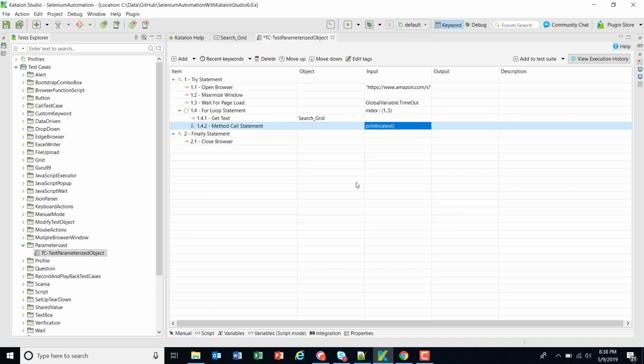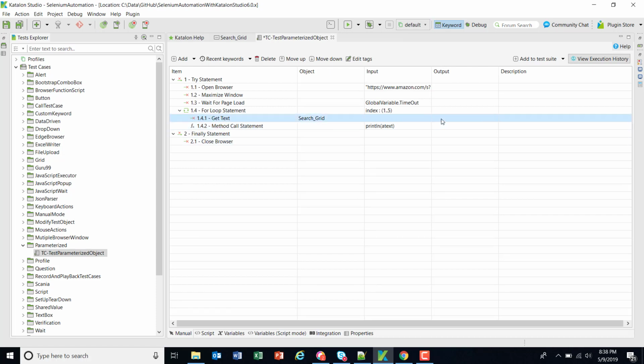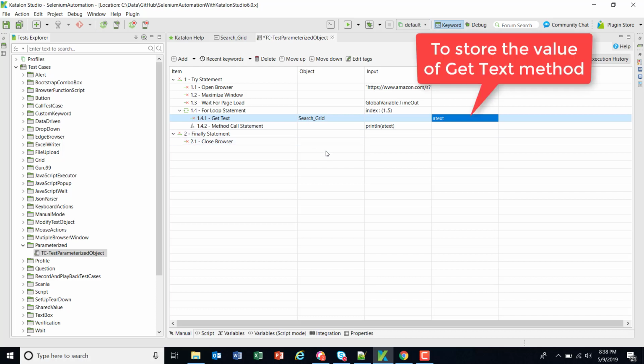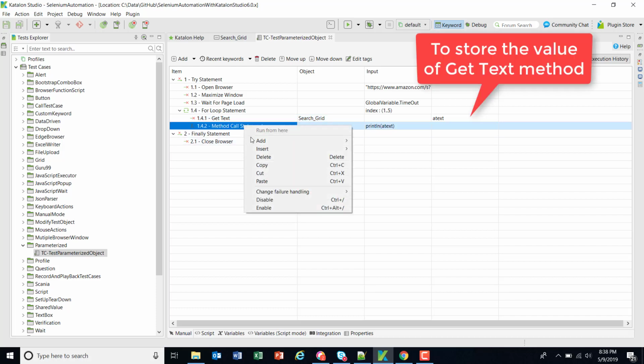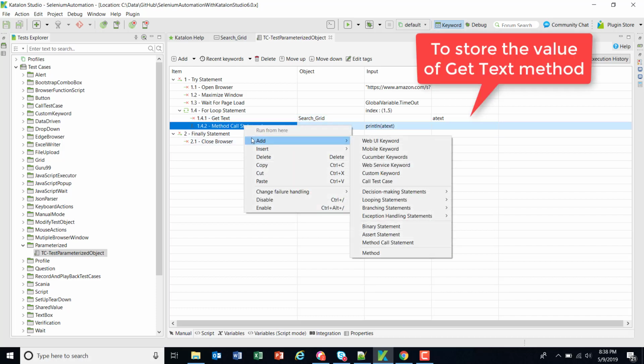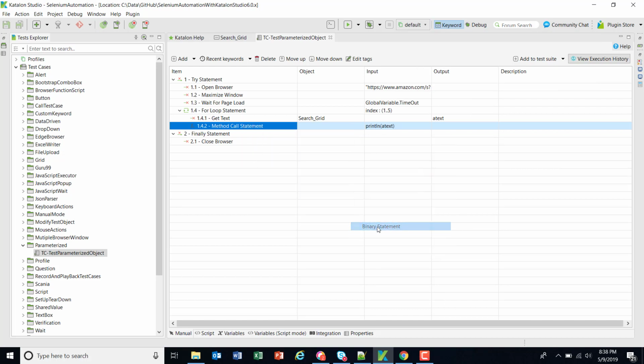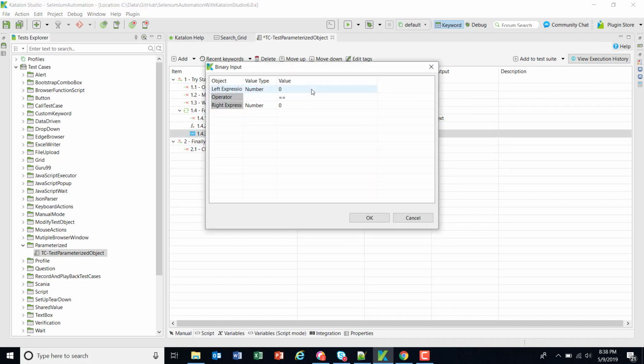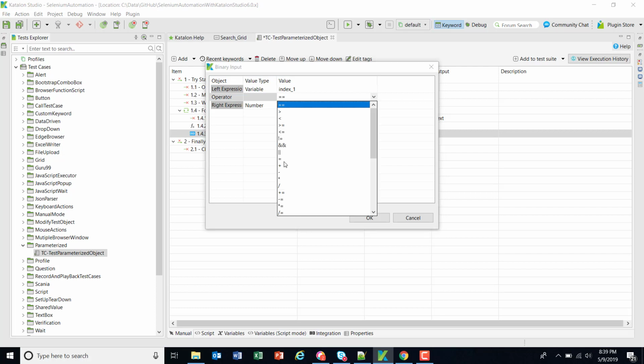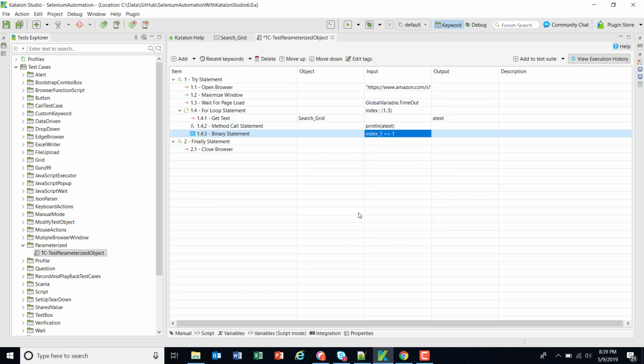Okay, so we need to specify the output as text here. After that, I need to increase the index value, so I will add one binary statement. Value type is variable which is index_1. Shorthand notation for increment, and I will increase it by 1. Okay,